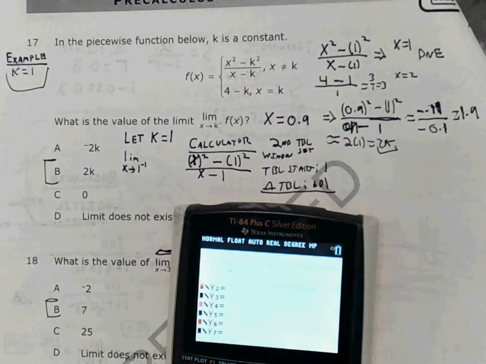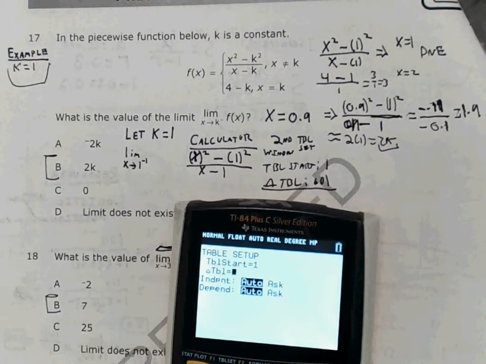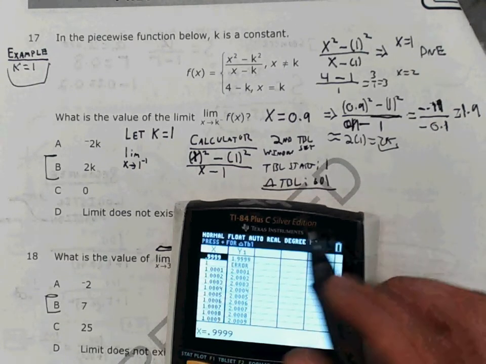We go to table set, have our table start at 1, because we're valuing at 1, but we'll have our change in table be very small numbers, 0.0001. And then we're going to look at our table. At 1, we have an error, but it's okay, we're looking at what the limit approaches. And as x is